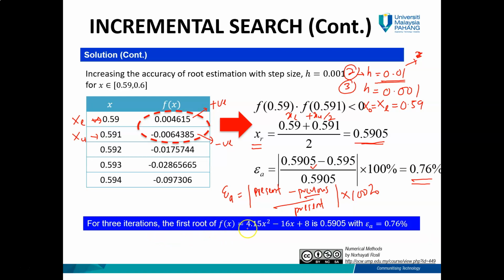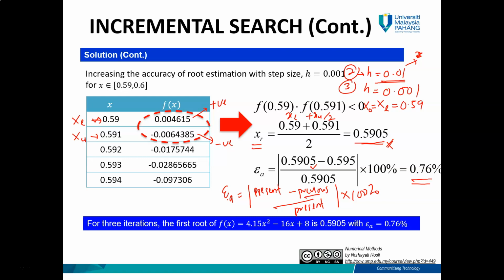So we can conclude that for the third iteration, the root of 4.5x squared minus 16x plus 8 is 0.5905. What we can see here is that the incremental search is actually a tedious method